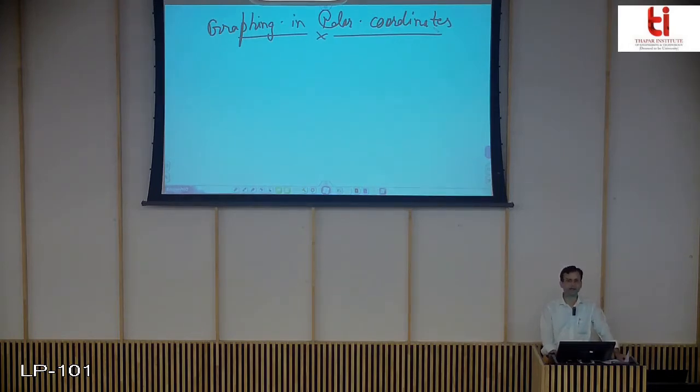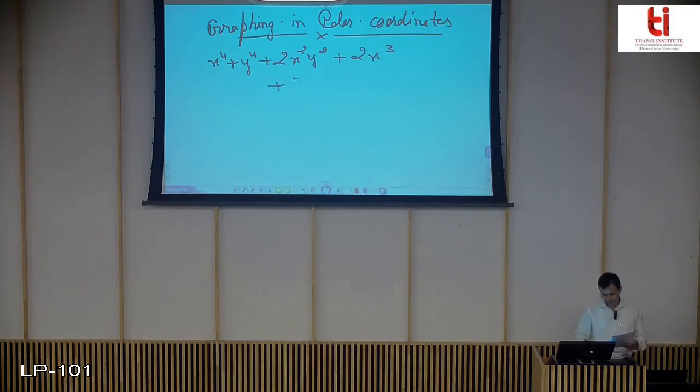Now sometimes it is not very easy to sketch the bounding curves or the region of integration in Cartesian coordinates. For an example, if I give you this function and I just write this function in front of you, and I say to you, plot the graph of this function. Say in the question of a double integral, the region of integration is given, and in that region of integration one of the bounding curves is this one.